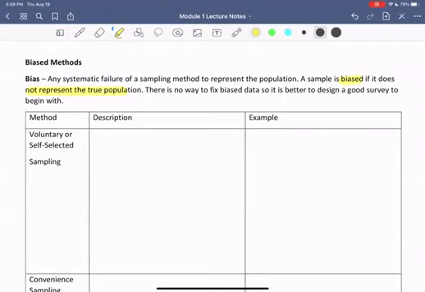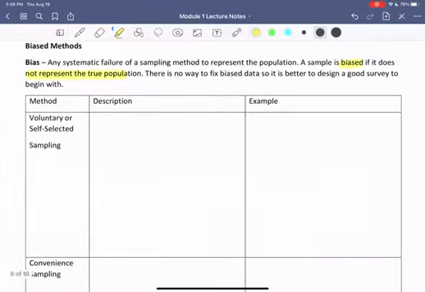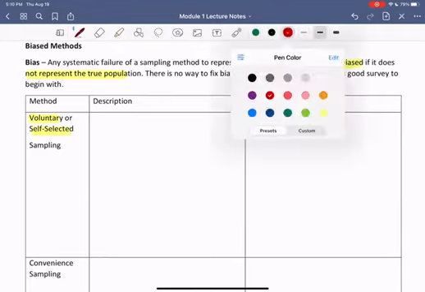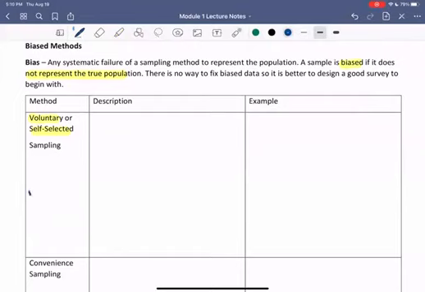There's no way to fix biased data, so it's better to design a good survey to begin with. So what are some of these bias methods? Well, whenever we have a method that involves volunteers or self-select, so people are choosing to join the study, we're going to get some bias. And often this is called volunteer bias. And this actually is quite common because often when we're collecting data, the primary way to collect data or find the people that we're collecting data on is to have people volunteer. So I'm not saying this isn't used, I'm just saying that there is a bias when we're doing these types